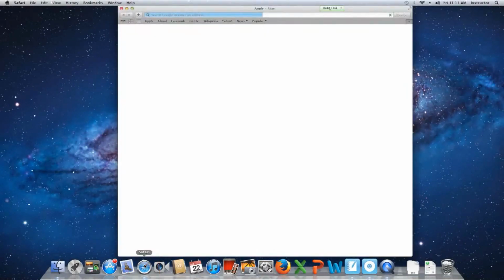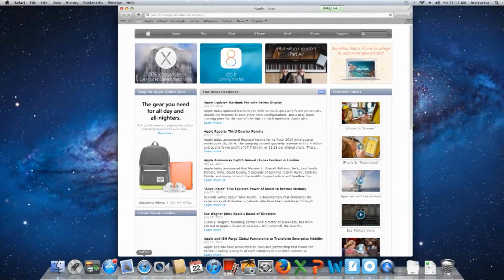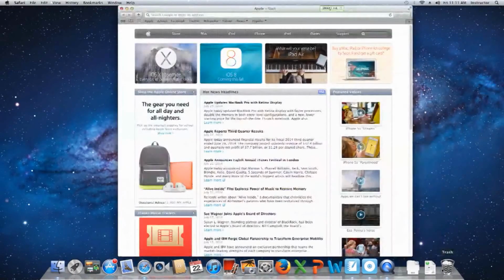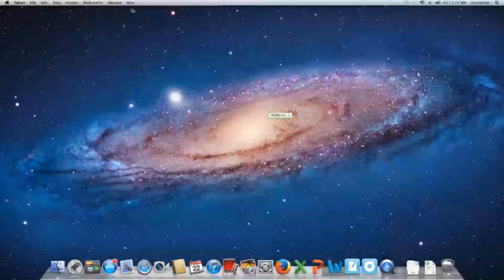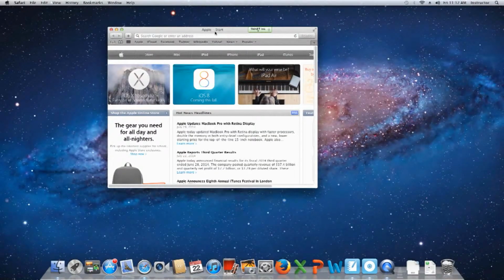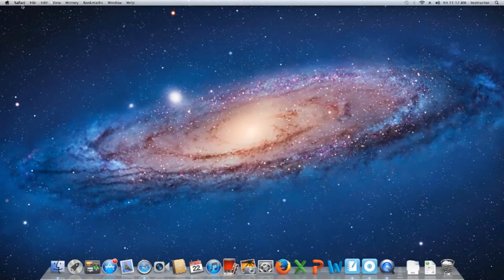Okay. You can minimize it with the yellow. Go down to the dock. Put it back up. Make it larger or smaller with the green. Move it around. Close the window. Quit the application. So the difference between Mac and PC in terms of your desktop and finding files is this